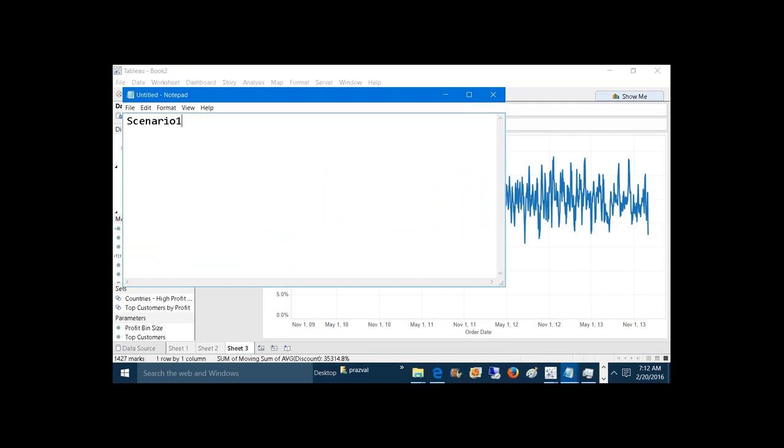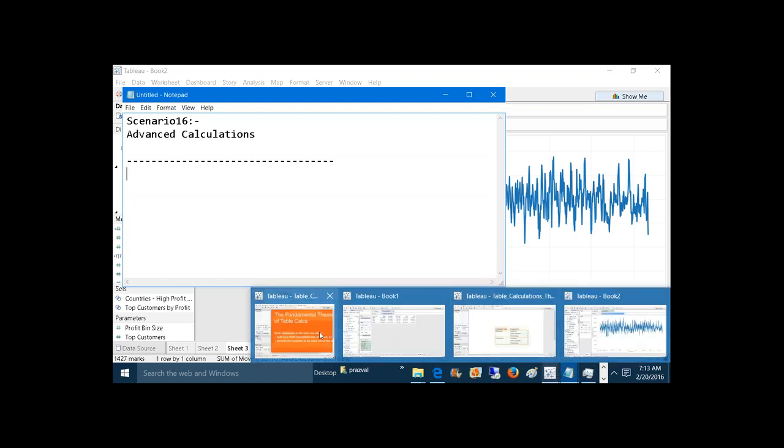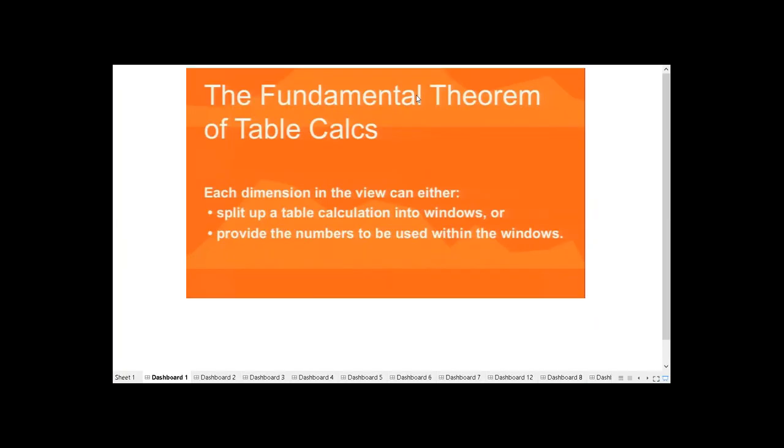Next scenario, scenario number 16, advanced calculations. So before going to the advanced calculations, let me discuss something about the table calculation theorem. Internally the table calculation will be operated based on one theorem, or based on one logic. What the fundamental theorem of table calculation states is